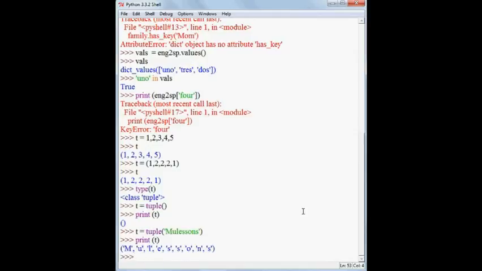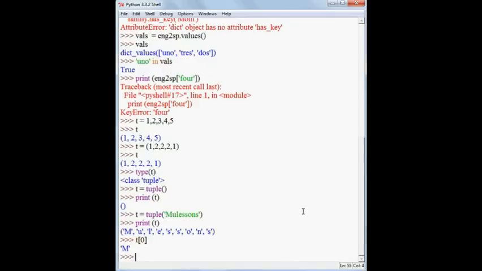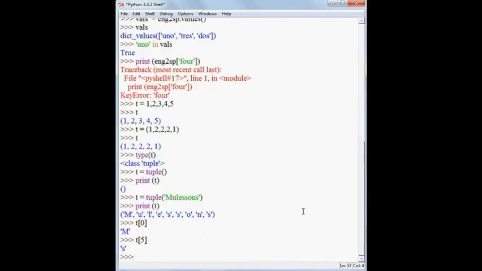You can access the elements of a tuple just like you access the elements of a list, say t[0], t[5]. And the slice operator works similarly, just like in a list.